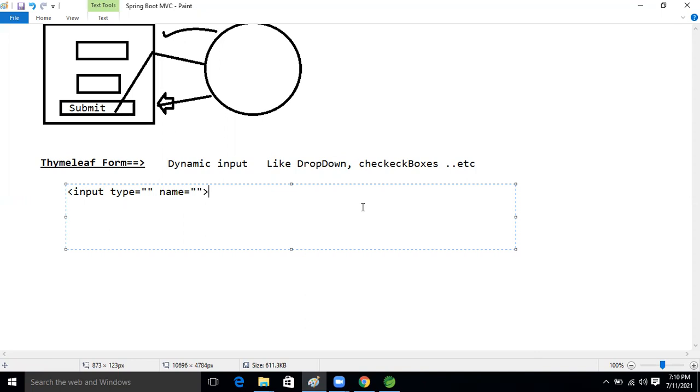So here, what will we do now? We will take that variable from the model only.